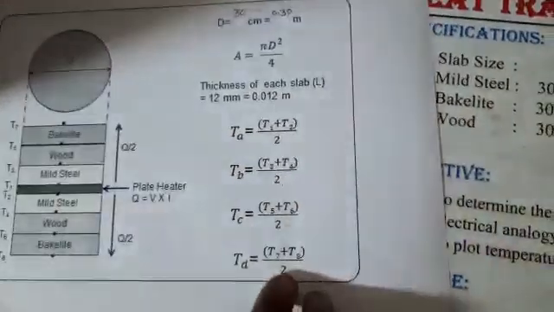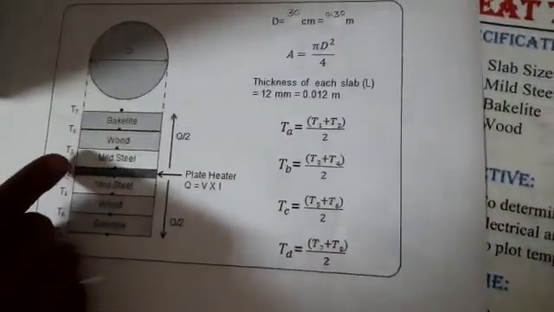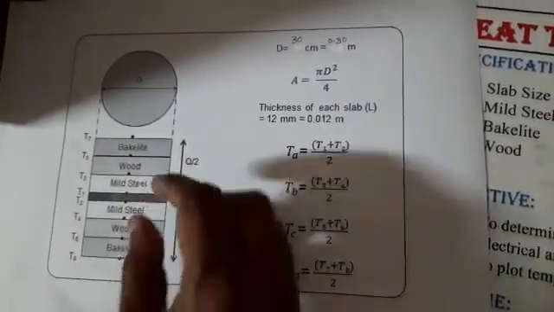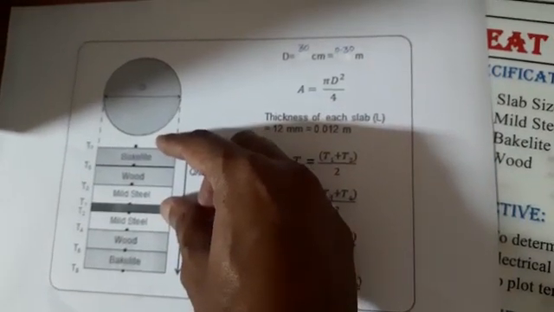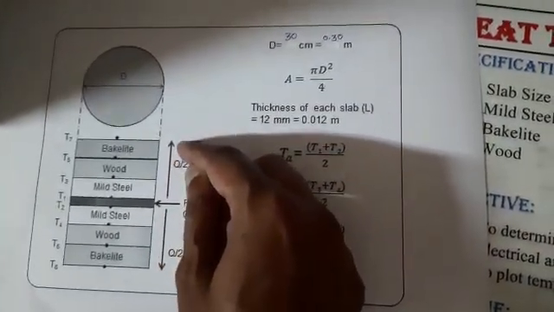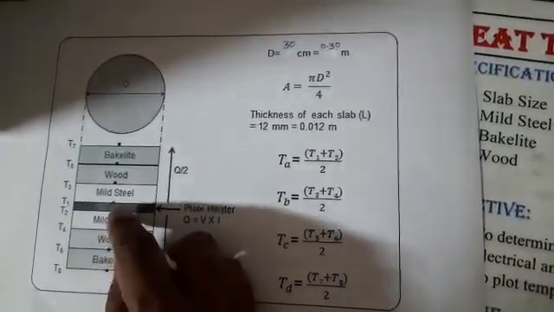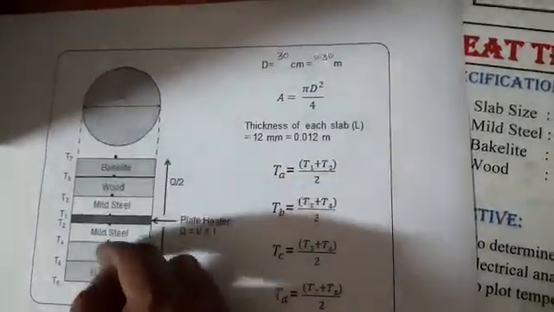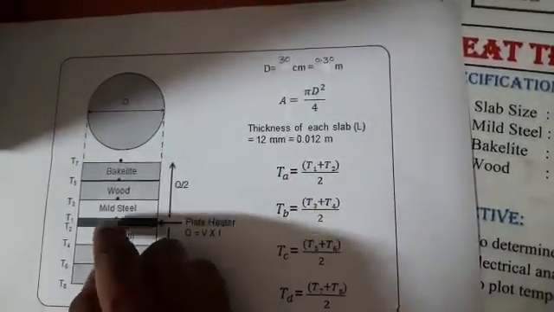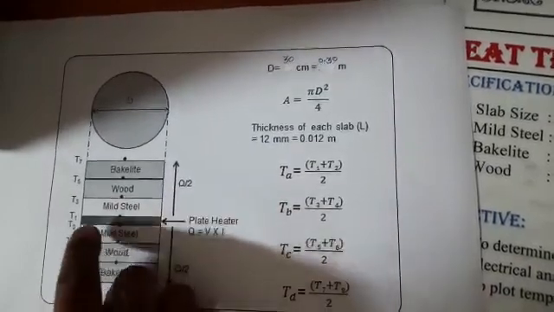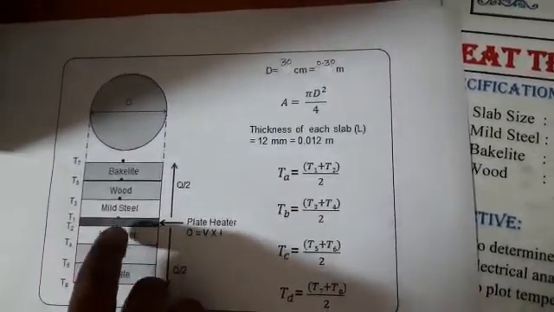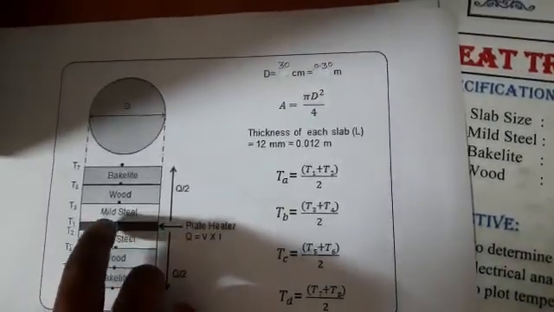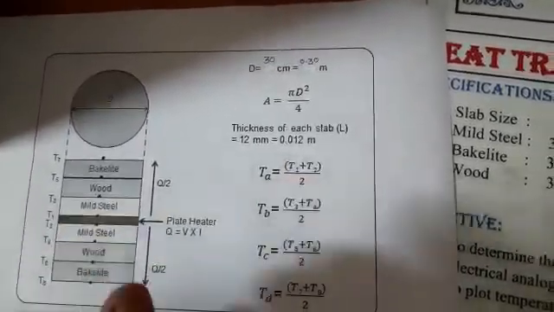Now, what we do is we first calculate the average temperature of T1 and T2, which is taken as TA. Why is that done? Because we need to analyze only one side where heat flow is Q by 2, but even though we have the same slabs on both the sides, you cannot say that heat flow will be the same on both the sides. So, we take the average of these temperatures, right? Suppose T1 and T2 give us the inner surface temperature of the mild steel. So, the average of that will give you the inner surface temperature of mild steel on any side, right?